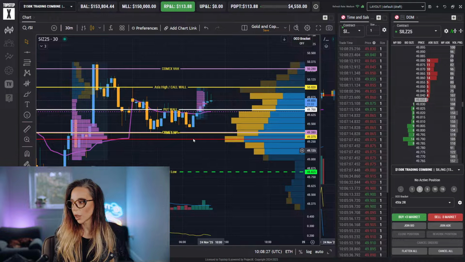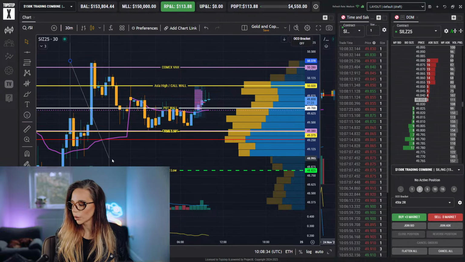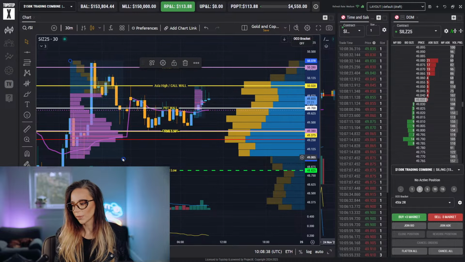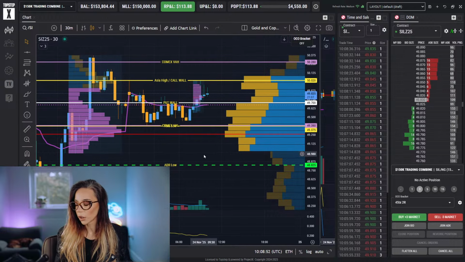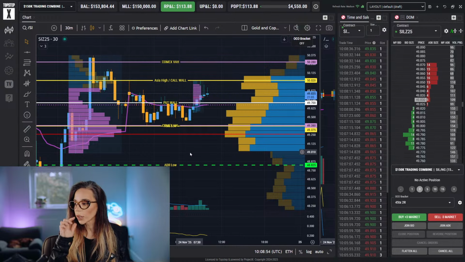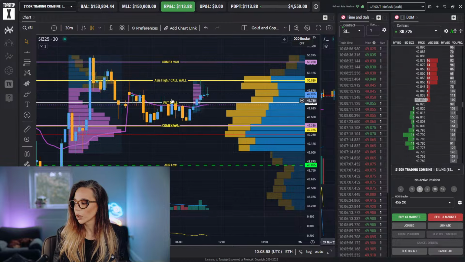This is interesting. Yeah, so this is the... Oh, maybe not. Hold on. Maybe not. No, they're still different. Yeah, so this is one of the few days where TPO value and the volume value are very different. So this doesn't happen a lot, you see. A lot of the times they are pretty similar, but not today.